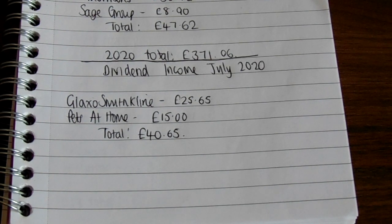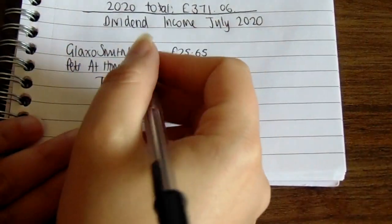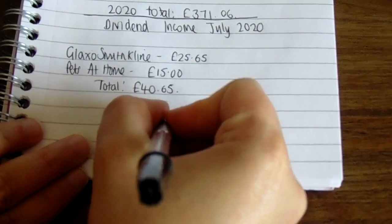So although I talk about the fixed expenses, that is the aim for early retirement, that our passive income will pay for our fixed expenses. That's when the ball rolls in our favour, the balance tips, so we don't have to work for income because our passive income will pay for those fixed expenses. That's the aim anyway. And then the 2020 total so far is